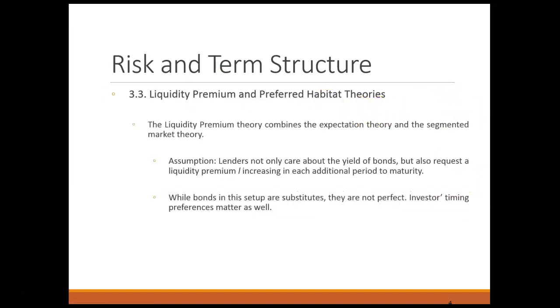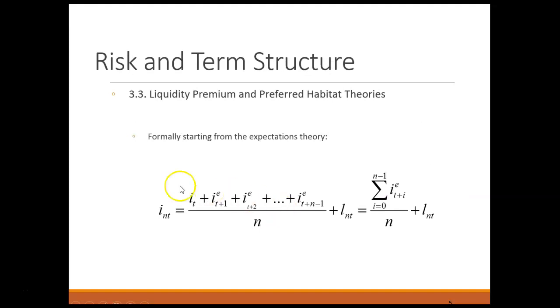Now, to put everything together, the liquidity premium theory, which is distinct from the liquidity preference theory that we've seen before, states that lenders can substitute between different maturities, but they tend to have a preference for shorter maturities, all else the same. In exchange for holding longer term debt, they request a liquidity premium. In its most basic form, this is an augmented version of the expectations theory we've already seen, that states that the long-term yield here on an n-year bond is equal to an average of expected short-term rates over the maturity period.